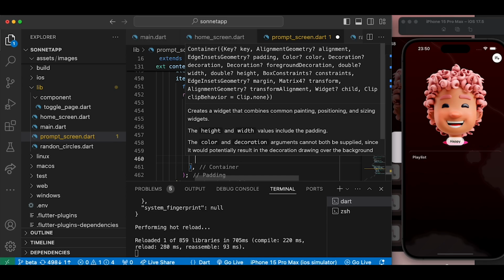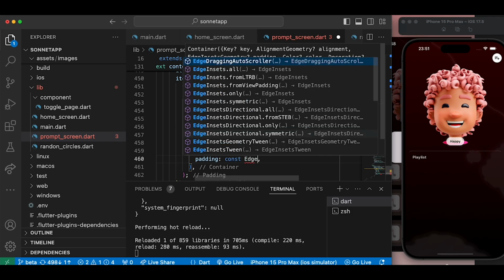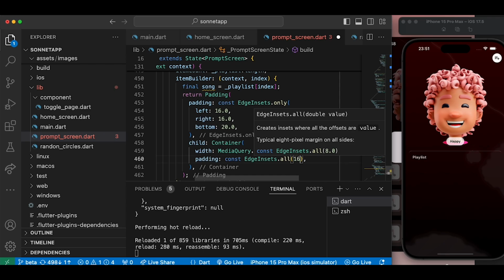Then let's do some padding. All right, and the padding we are going to specify is const EdgeInsets.all, and we are going to do 16.0. Okay,